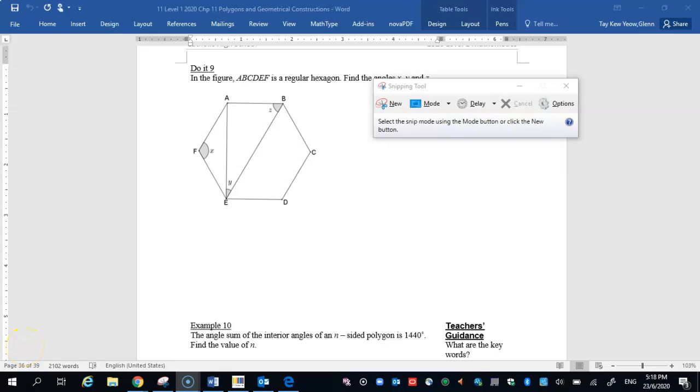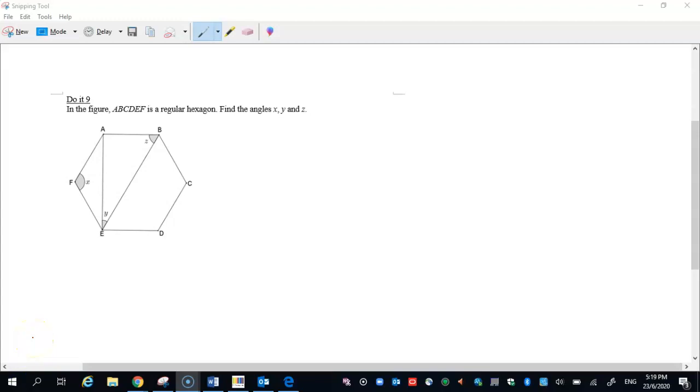Okay, gentlemen, now we are at page 36 of your chapter 11 note. We are now at this question, Do It 9. We are looking at this regular hexagon with angles x, y, and z. In order to find the angle x, you need to use the formula to find the angles in the regular hexagon. So we have x degrees equals